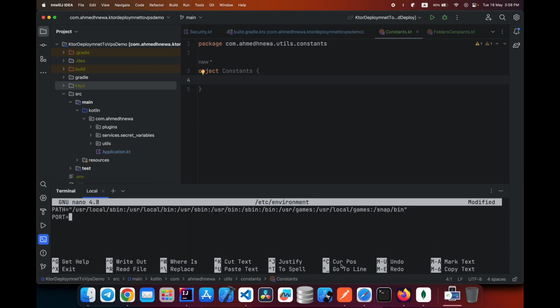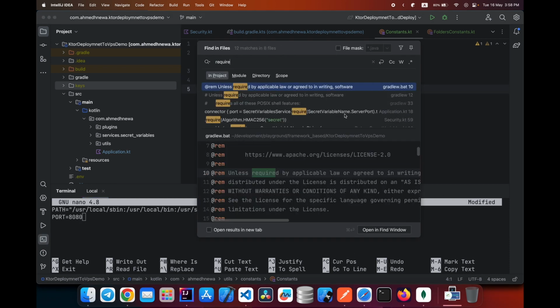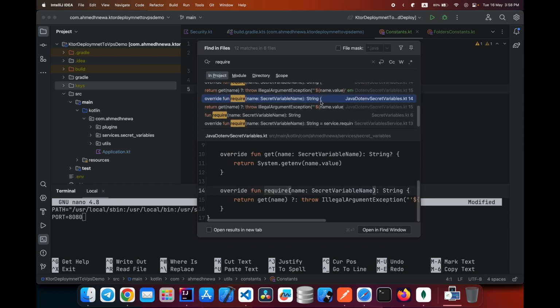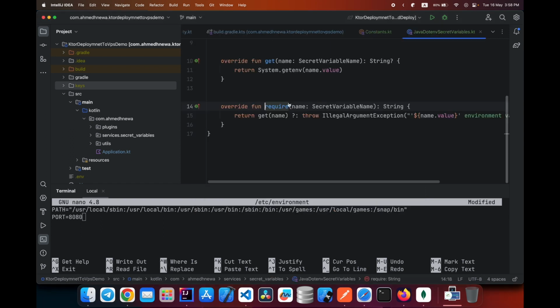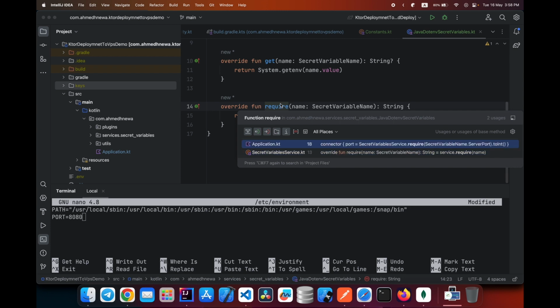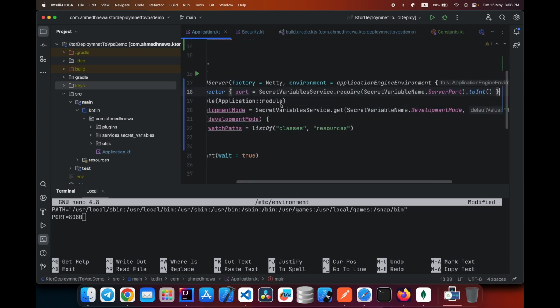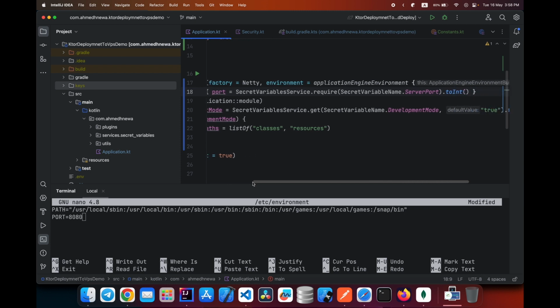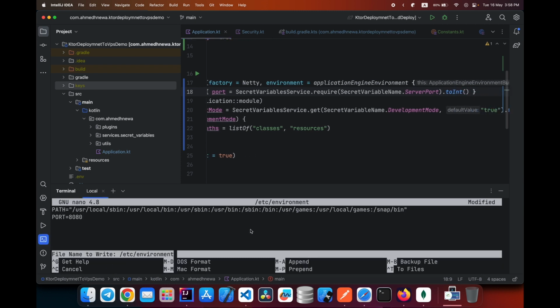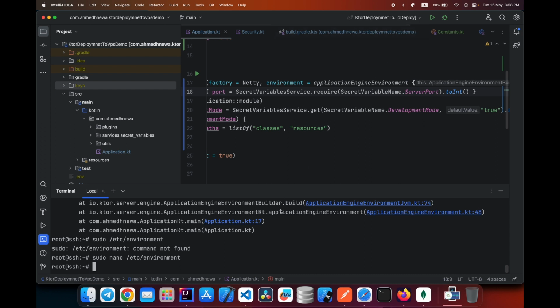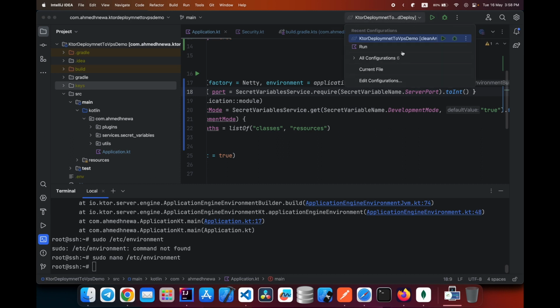The port will be 8080. Let's see what is also required. Actually, what did we require? We required the server port, and develop mode is not required at all. If you want to restart your service, you can either run this command, this task again, or you can run sudo systemctl restart